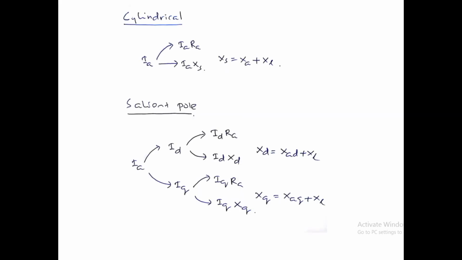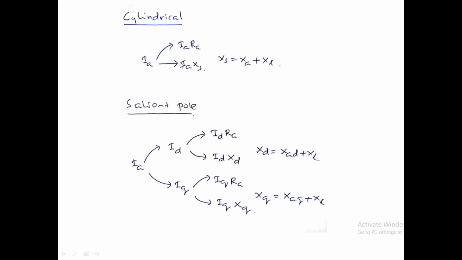So in the first part we discussed that there are two components for the armature reaction reactance XA for a salient pole machine. One is XAD and XAQ, and the total synchronous reactance will be XD and XQ, which is including XL also. In both XA, XD and XQ, XL is there. XAD plus XL is XD, and XAQ plus XL is XQ. So in a cylindrical machine, there is no difference like this along D and Q axis. Both are same only.